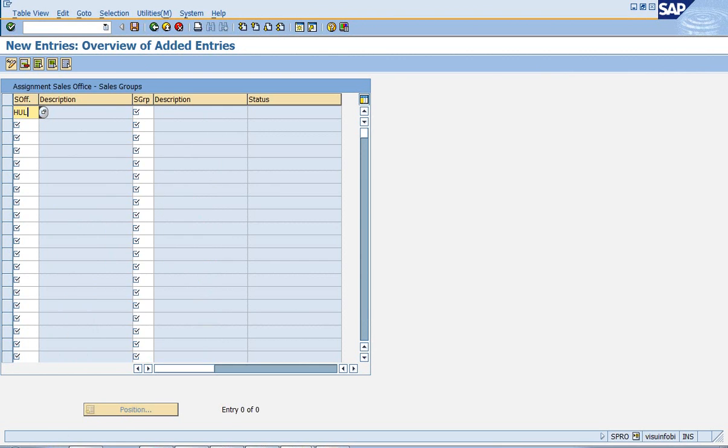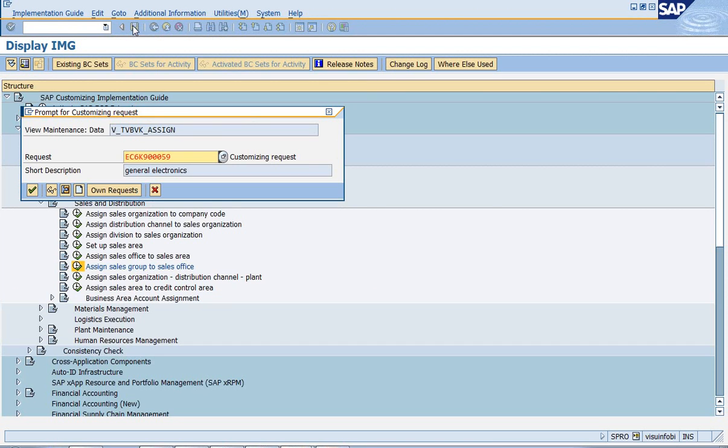Maintain your sales office HUL1 and H1 for your soaps, HUL1, H2 for your shampoos. So a set of people will be responsible for selling your soaps department, and a set of people will be responsible for selling your shampoo department. In the same way, if you have different kinds of divisions, you can maintain all those divisions and establish the relationship. I'll save it.